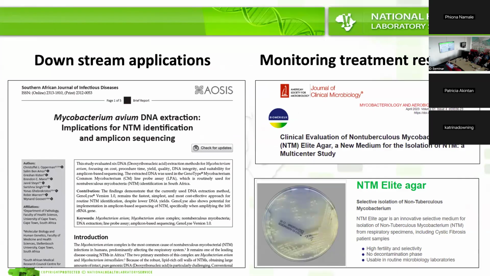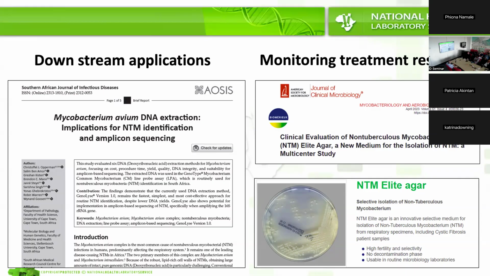And just wrapping up, I think we need to think about downstream applications as well. For the microbiologists that have done the scheme in the AS micro assays, you will know that we use GenoLyse. That's the Bruker Hain product that we use, and it gives almost a yellow tinge color to the extracted DNA. It works wonderfully for the line probe assays. But what else can you use this DNA extraction for? Can you do Sanger sequencing? Can you do tNGS with it? Can you do other whole genome sequencing? Because the DNA is actually very dirty. If you look at the absorption ratios, there's a lot of protein still in it, etc.